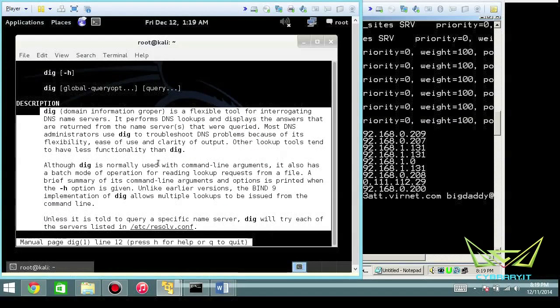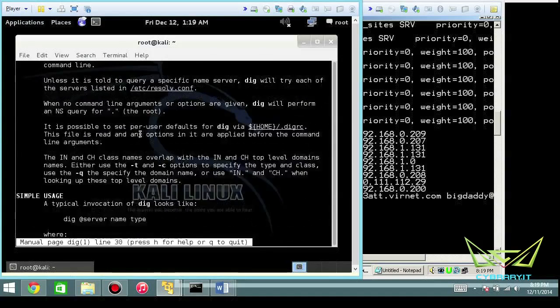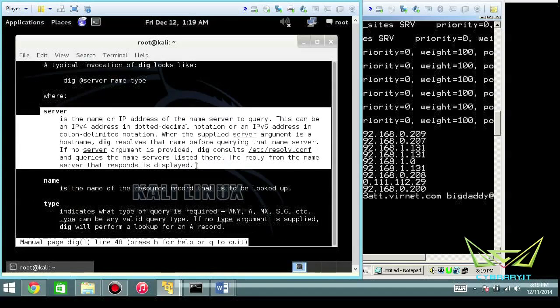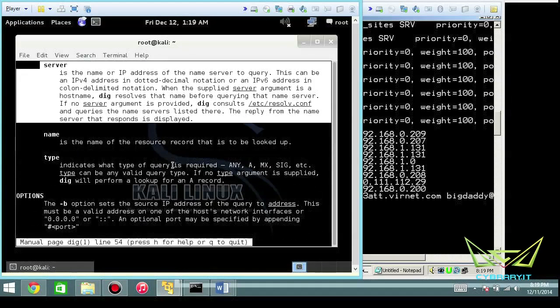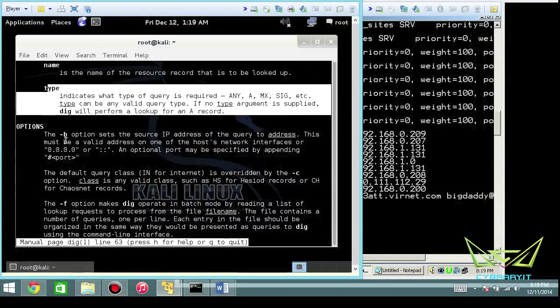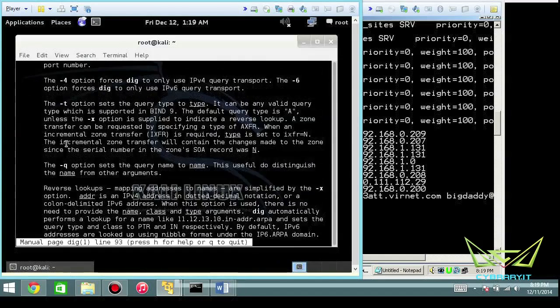Read this stuff yourself one time, and you can get the idea. So dig, just real quick, is domain information groper. It's a flexible tool for interrogating DNS name service, and that's about all we need to highlight here. So if you want to know what specific instances of the commands are used, like here's the server command, here's the type command, and then if you're lucky, in most manuals, they actually give you how you actually use it. So in this case, it's just type equals any,